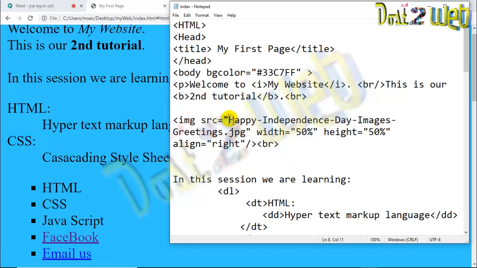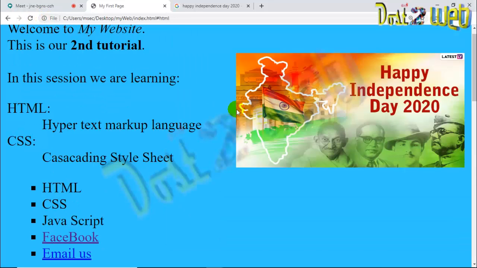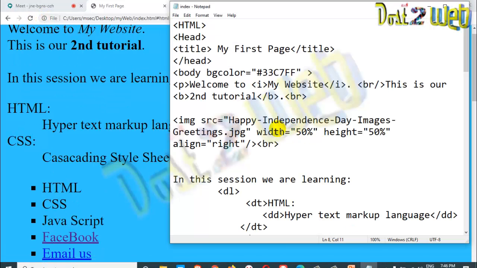Suppose you are putting it into some image folder, then you have to write /img/ and the directory where you put the image. If inside this directory there is an image directory, and inside that the image, you have to use it accordingly. As of now I have placed it here, so I'll just use this one. So that's all. Like this way it is done.